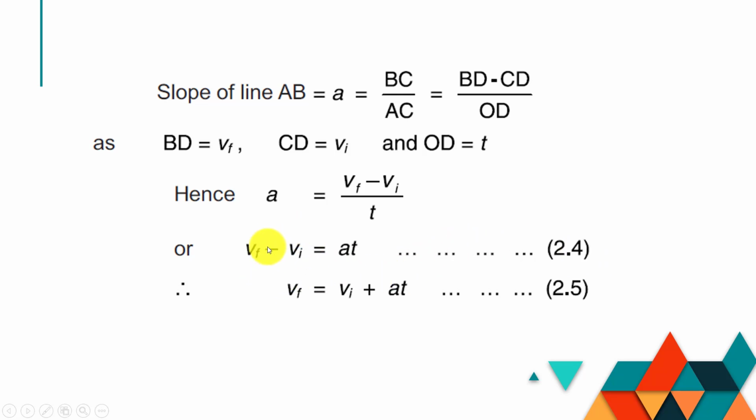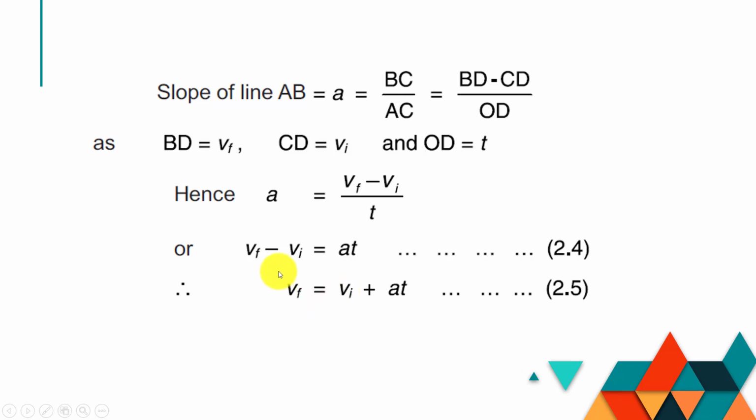So we will shift this VI factor towards the right, and as you know the basic mathematics rule that VI is negative on the left side of the equation, but when we shift it towards the right side of the equation it becomes positive. So by moving it towards the right side of the equation, we get VF which is equal to VI plus AT. Since AT is already positive and VI is also positive now, why? Because we have shifted it towards the other side of the equation.